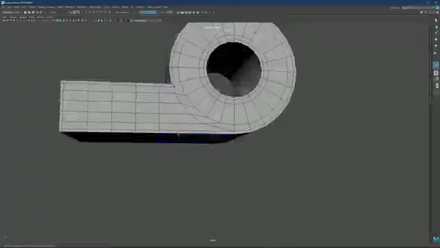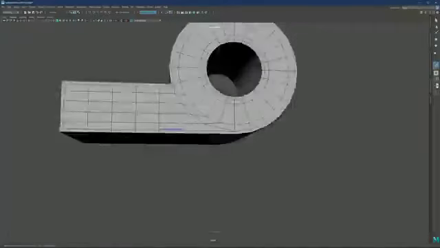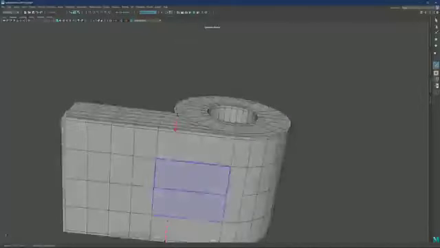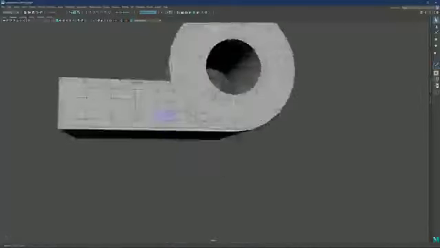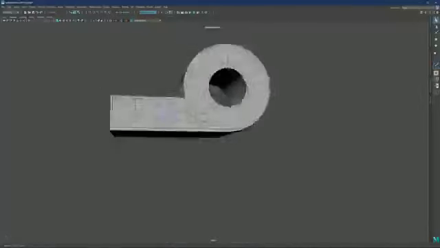So what we can do is connect this to here, and then I can connect it to here. Then we have this solution, and then we have a triangle, and this triangle we can simply resolve by adding an edge loop. And then if you would organize this better, you would just have this diamond shape right here.